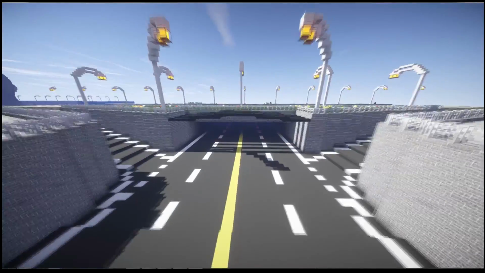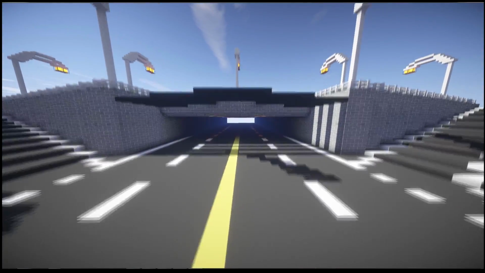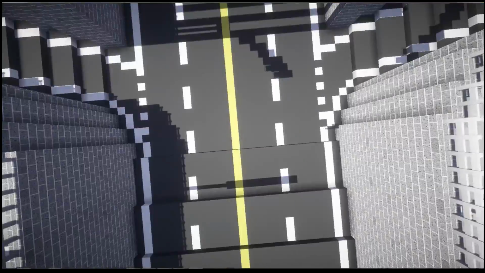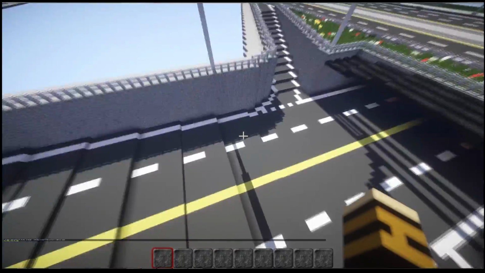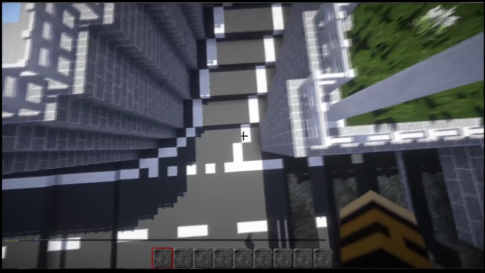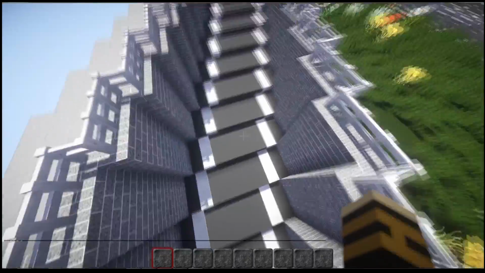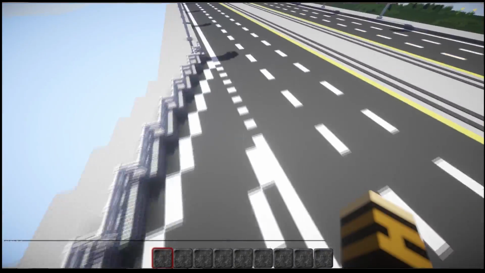So this one we actually have going underneath. So we've got an underneath bridge, as you can see here. Just works its way down, and then we've just got these passes on the side. These aren't amazing, but they're not too bad. So you can see here that it just, every time it goes up by a slab, it also moves 1 block across to this side, and slowly makes its way until it comes to the edge, where